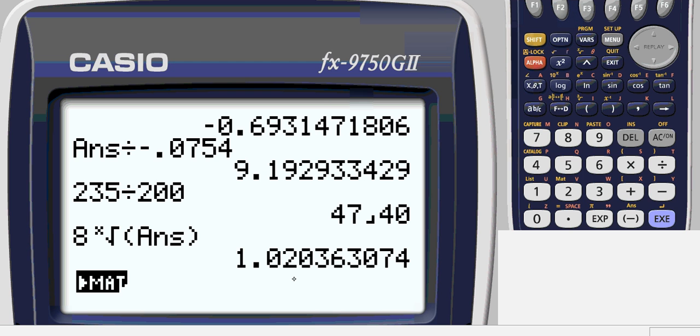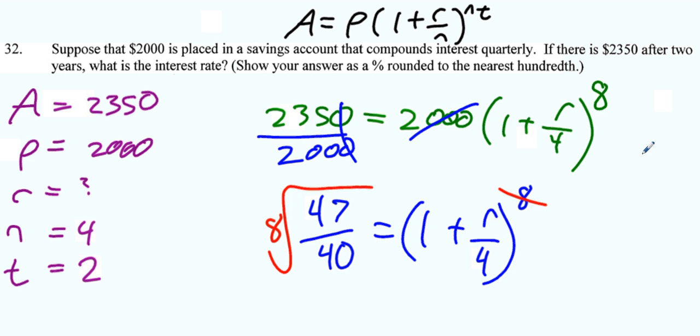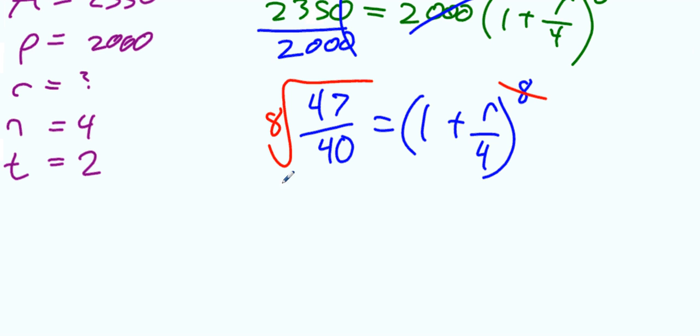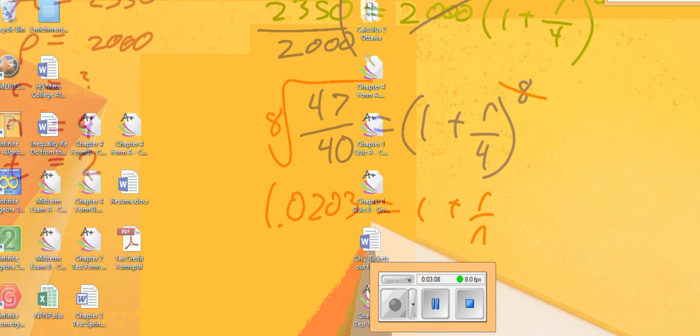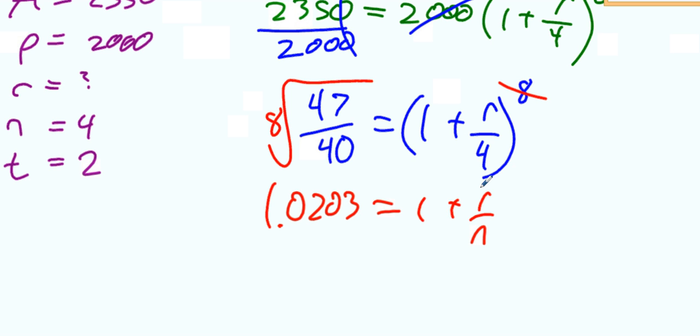So the 8th root is 1.0203. We're trying to get R by itself, so let's subtract the 1. So that's 0.0203